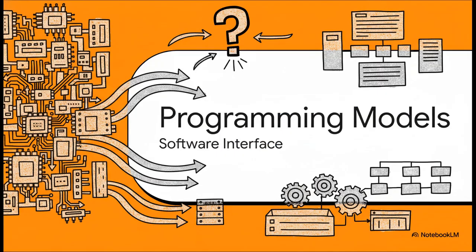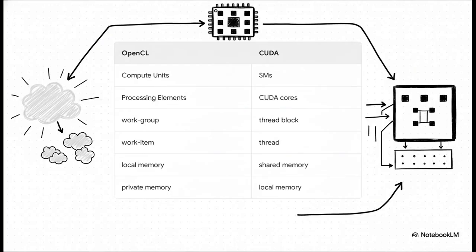Okay, bringing it all home with Section 5, GPU programming models. With all this physical complexity, how do developers actually write code to interface with it? When you look at programming models like OpenCL and CUDA, it's essentially a taxonomy translation exercise. They use different terminology to control the exact same physical silicon. For example, what OpenCL calls a compute unit, CUDA calls a streaming multiprocessor. What OpenCL defines as a workgroup, CUDA calls a thread block. Once developers understand this translation matrix, they can seamlessly map their logic to the hardware, regardless of the language or